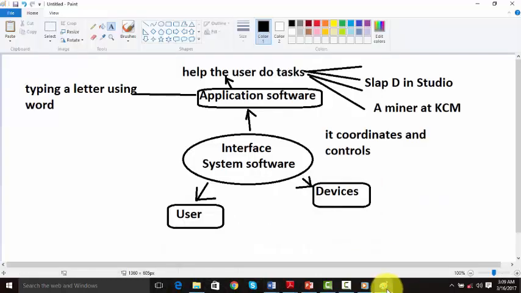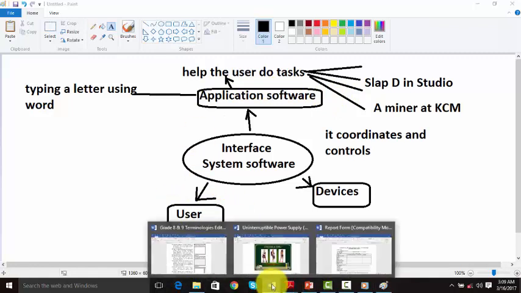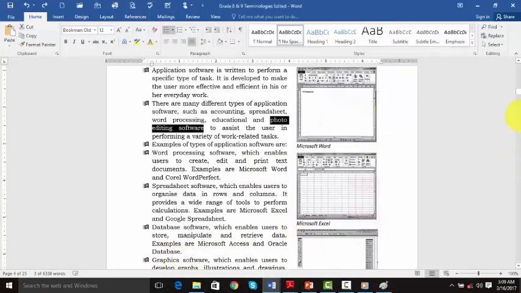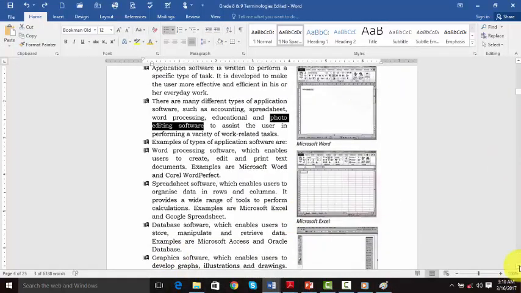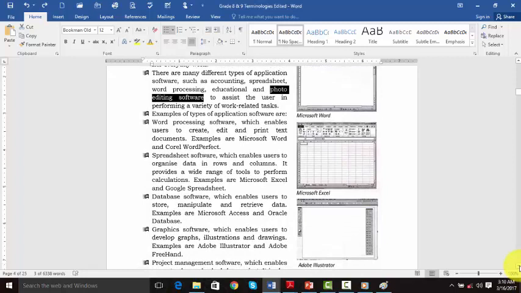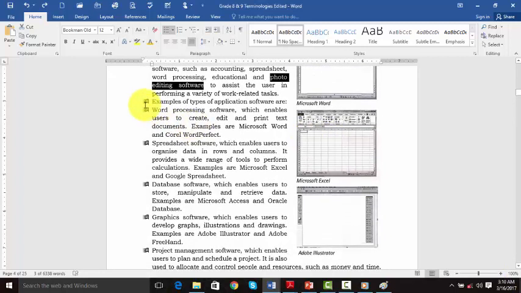So there are so many application softwares which help the user to do the tasks. I'll just pass through this very fast.